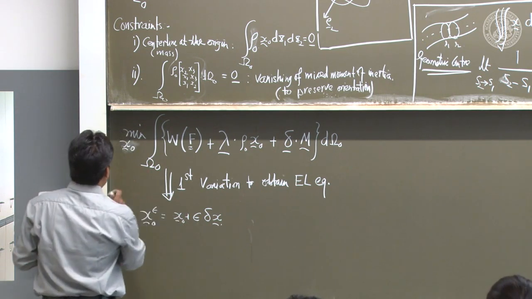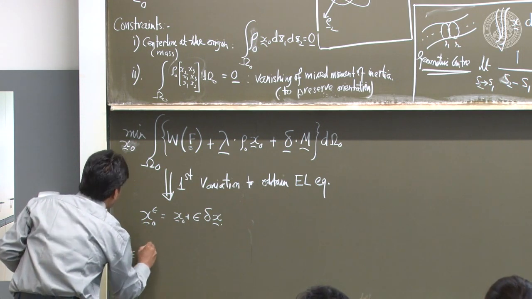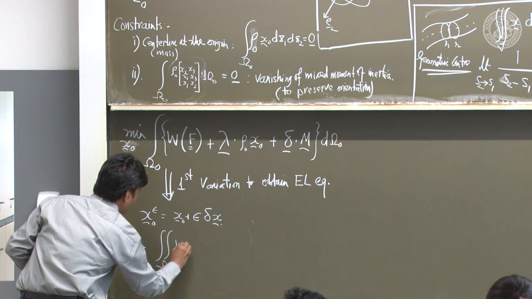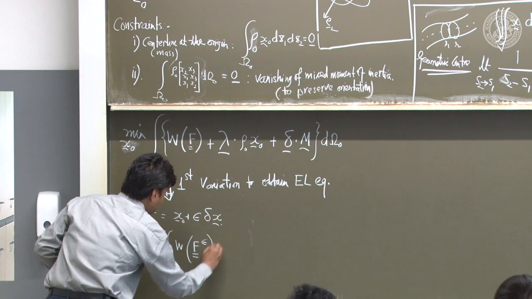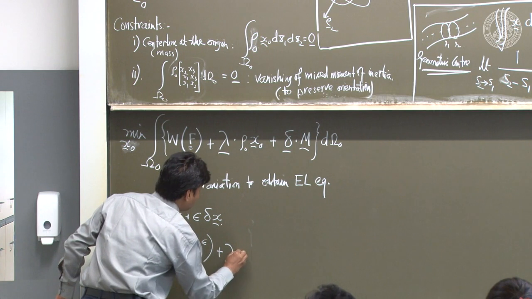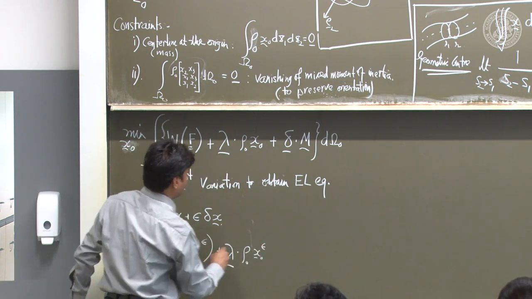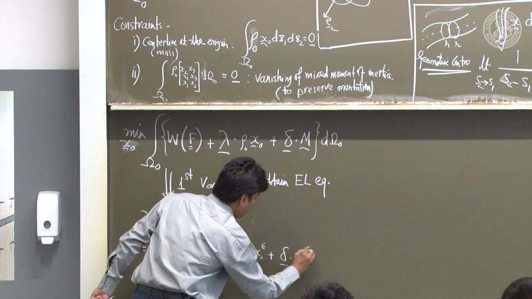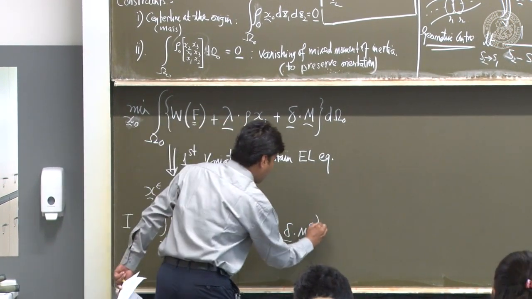So, maybe let us call this I. So, I of epsilon is then integral over omega naught of W of big F epsilon plus lambda dot rho naught of little x naught epsilon plus delta dot m epsilon. So, that is your I epsilon,